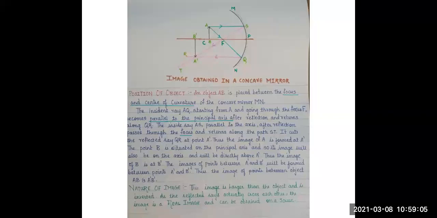So you can see a spherical mirror. The mirror named as MN is a spherical mirror. Now you can see the incident ray is falling inside the curve. Okay, the reflective surface is inside the curve. Inner part of the mirror is reflecting. So this mirror is a concave mirror. Again, you have to find the capital letters C, F, P written in the diagram. C stands for center of curvature, F for principal focus, and P as the pole of the mirror.